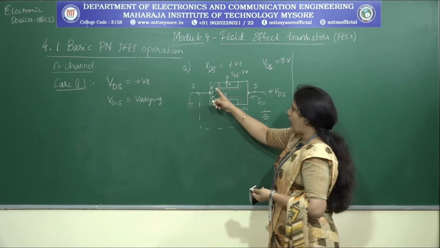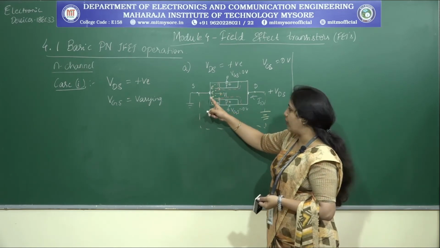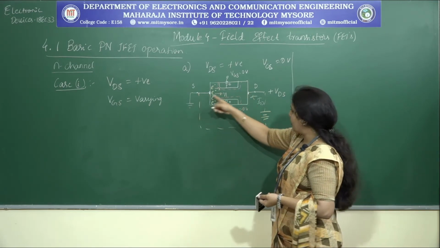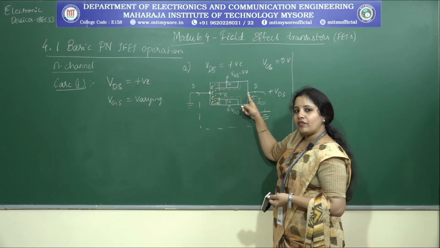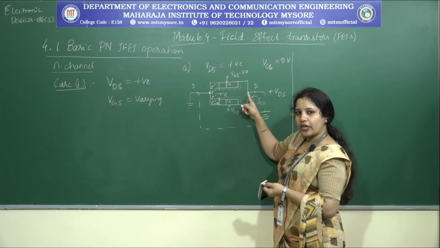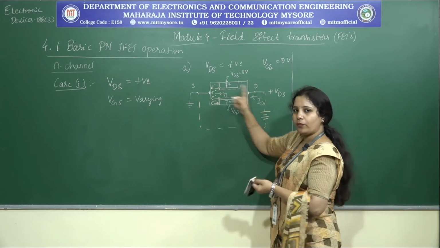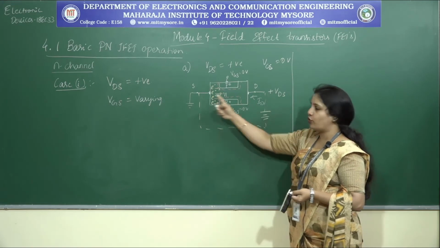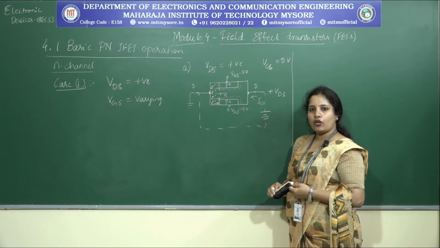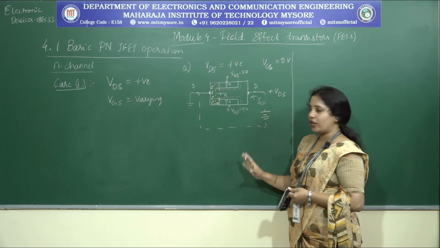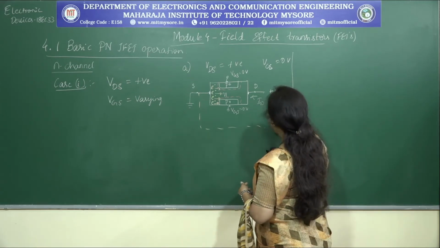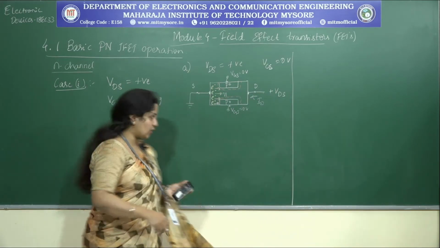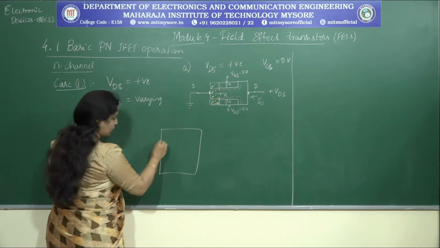Done? Therefore, as you can see, how are the electrons being moved? It is moving from source to drain terminal, which is the electron current. What about the conventional current? It is just opposite to that of electron current, therefore it has to flow from drain to source. That is the reason why I have represented ID to be towards the left hand side. Got the point? So, what is the basic principle here? Let me just write it here and explain in case it is difficult to analyze.